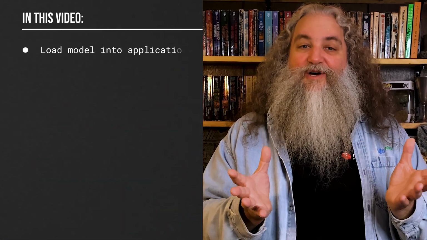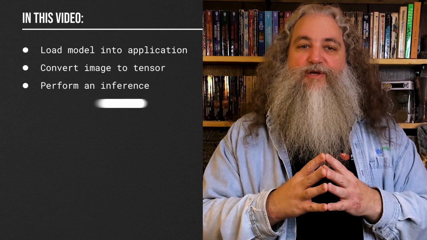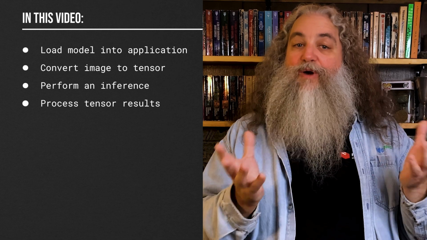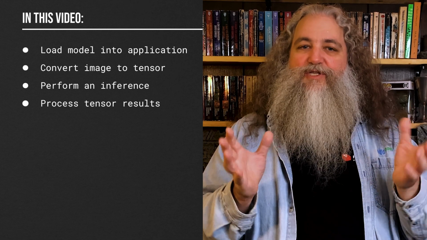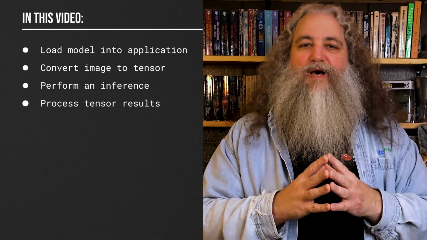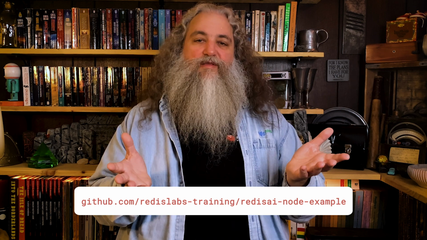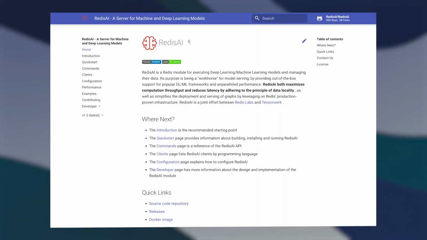So, we built a thing. In doing so, we've seen how to use Redis AI from an application to add models, set and get tensors, and perform inferences. Along the way, we got into the nitty-gritty bits of encoding images into tensors and decoding the results of a model run. Pretty neat stuff. If you want to play around with the code yourself, it's all out on GitHub. The link is in the description below. And once you start tinkering with it, you'll want to check out redisai.io. It has all the documentation you'll need to explore and expand on this sample code.